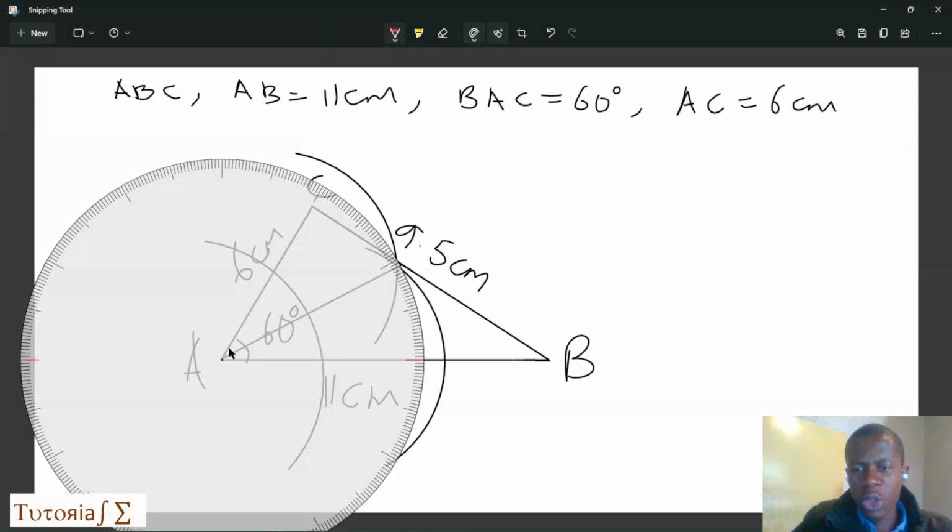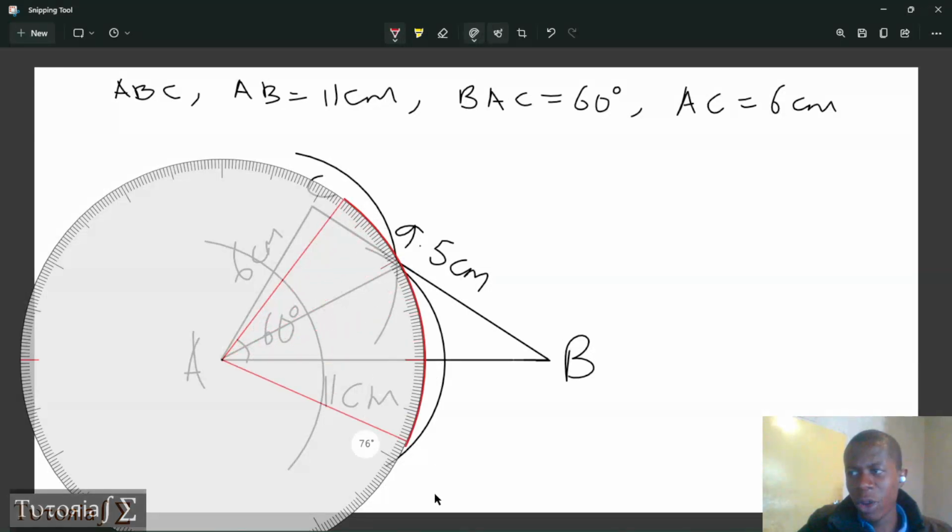Okay, you stretch it to a distance of more than half. Then you create an arc like that. It doesn't matter if it's outside or inside. An arc like that. Then again, after you create an arc,